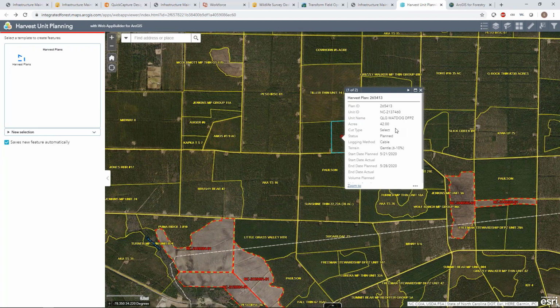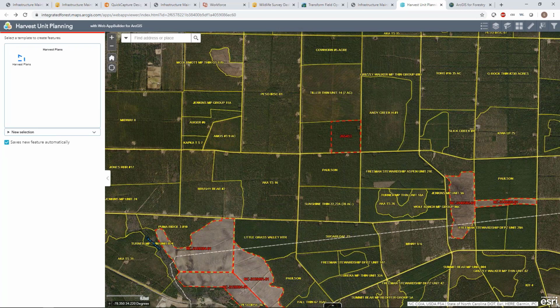So using a combination of all of these configurable apps and some of the native mobile apps that we showed, field workers can really increase their productivity in common everyday workflows like road maintenance, environmental compliance, and harvest unit planning. These are just a sample of the use cases that these tools could apply to, however. So what I'd like to do is challenge each of you to think how your field workflows could be transformed using some of this mobile technology to share information and collaborate more effectively. Audrey, let's toss it back over to you to wrap things up.